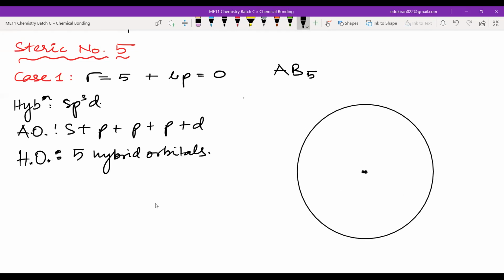Okay. I have to put the hybrid orbitals. So I will put it like this. And please remember that what I am making here is a sphere. Now you may be thinking it is a circle. Even if I put a point here, it is not inside the sphere. It is on the surface of the sphere. Can you see that? Can you imagine that? Okay, all of you can imagine that. Thank you for that. So I will say that one hybrid orbital will be like this.